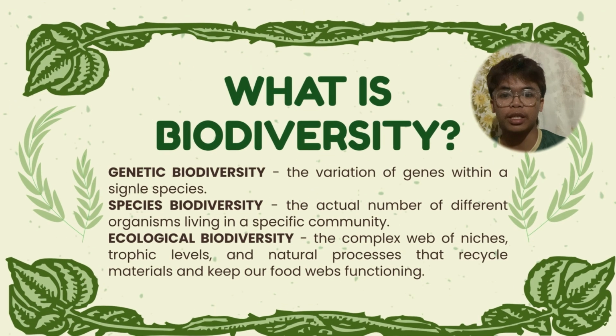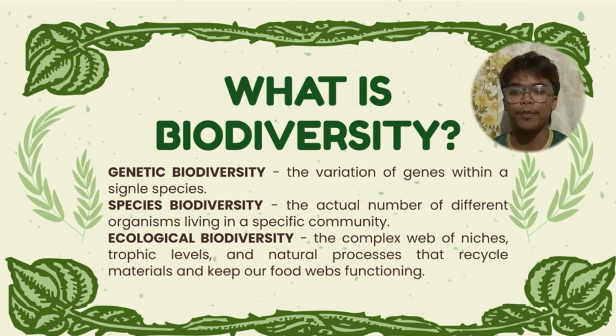So biodiversity isn't just a simple head count of animals. It's the variety of life across three distinct levels. The first one is genetic biodiversity. This is the variation of genes within a single species. The second one is species biodiversity. This is the total number of different organisms in a community. And the third one is ecological biodiversity, which is the complex web of ecosystems and the natural processes that sustain our